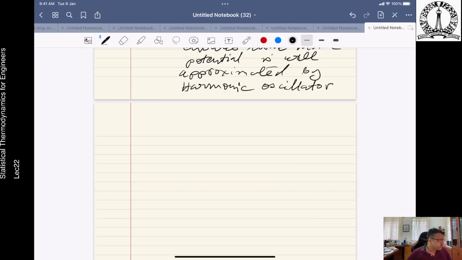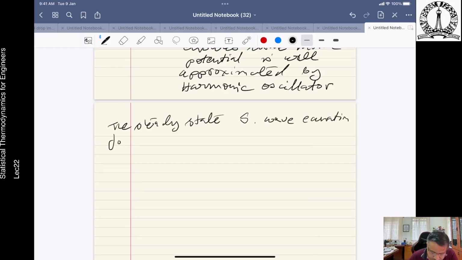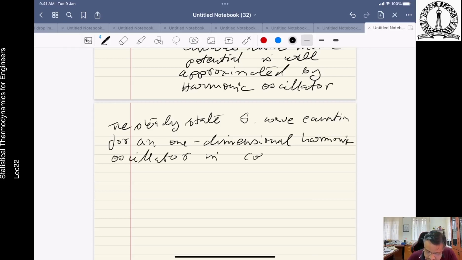Say for a one-dimensional steady state Schrödinger wave equation for a one-dimensional harmonic oscillator in Cartesian coordinates, it is given as